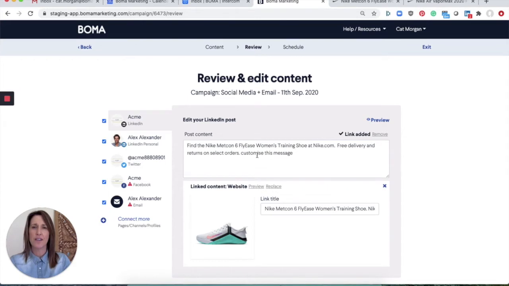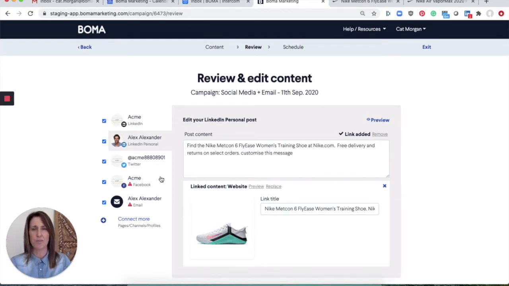You'll see that the changes I made on the previous step have come through. Now I can add some further changes on this page. This time though, these changes will only apply to my LinkedIn business account post because that's what I'm filtered on right now. You'll see if I go to my LinkedIn personal page, those further changes aren't here. So that means you can customize your message per channel if you wish to have a different voice across the